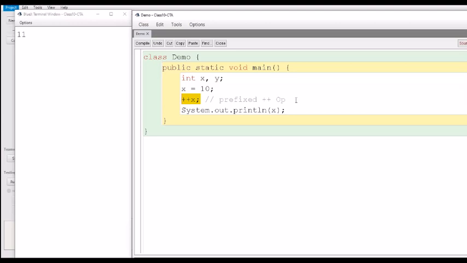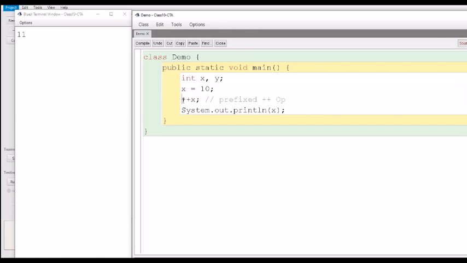When I wrote x++ and later displayed x, it displayed 11. And when I say ++x and display x, it again displayed 11. So what is the difference between the two now? When ++ is the only thing written in a statement, there is no difference.